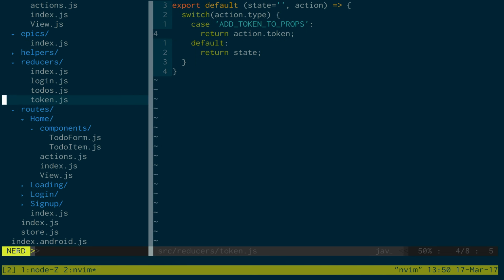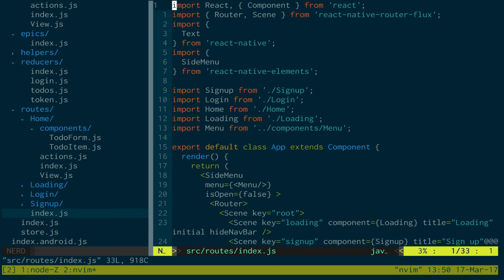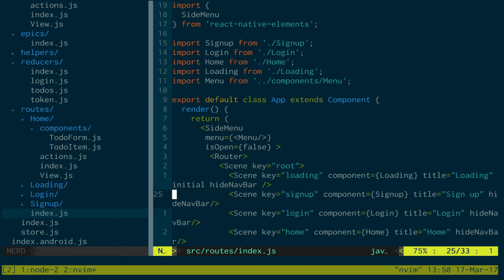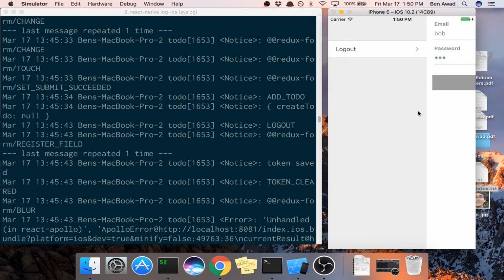And I think maybe it's the router I can do it in, because I said hide nav bar. So if I get rid of the hide nav bar with nothing, if I refresh,